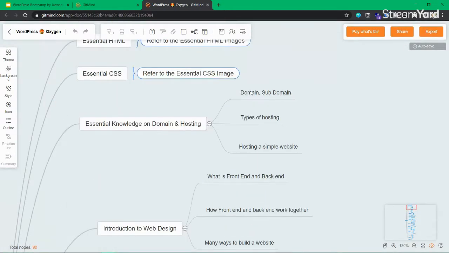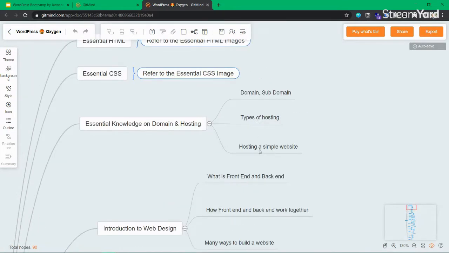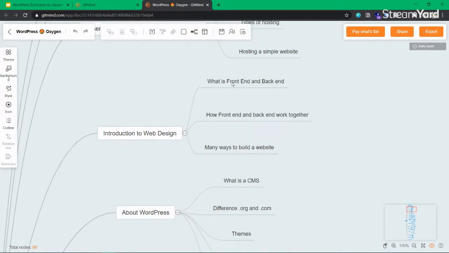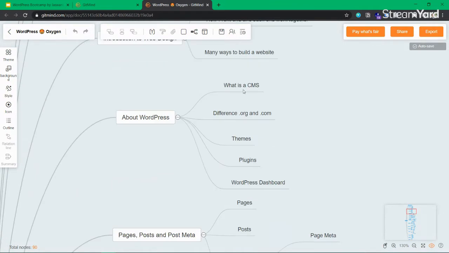So we're not going to cover domain, subdomain, types of hosting, but we will cover what makes a good hosting. Hosting a simple website, what is front end? We will not cover any of that because we are diving deeper. I just wanted to make this more Oxygen centric because we did not do any marketing, and nearly all of the people who are enrolled for this bootcamp are from the Oxygen Builder group. So